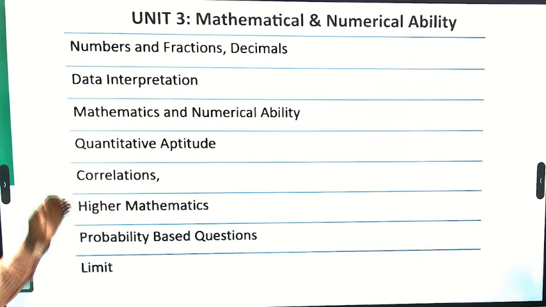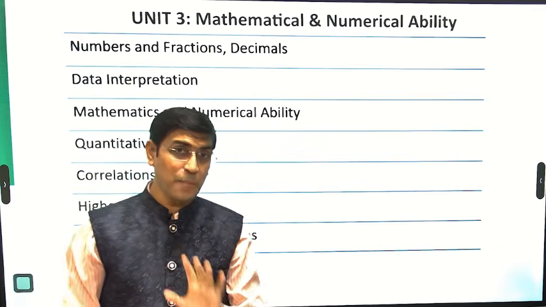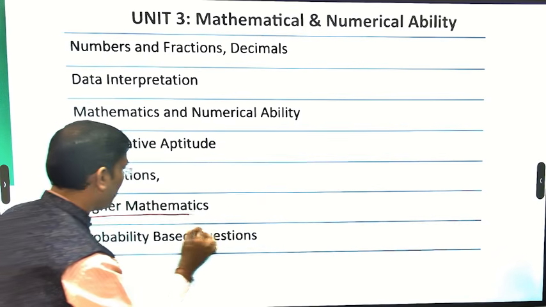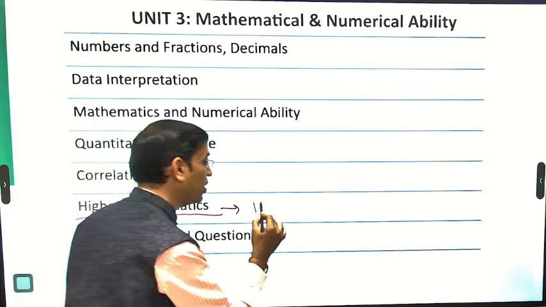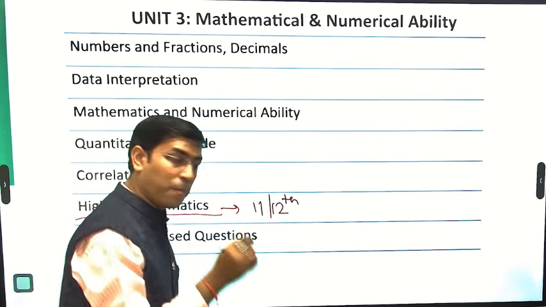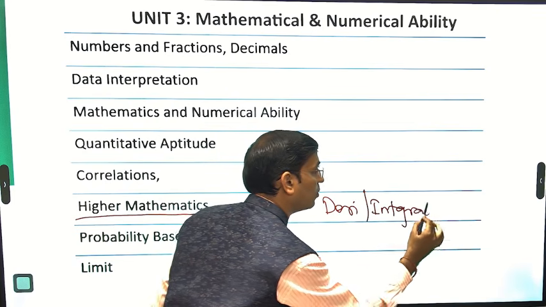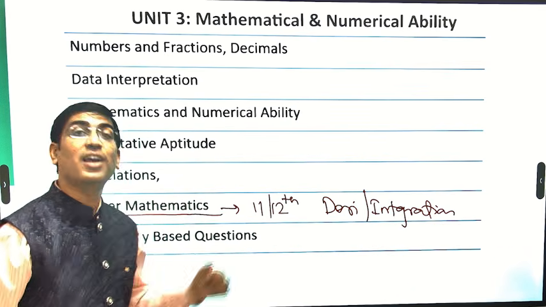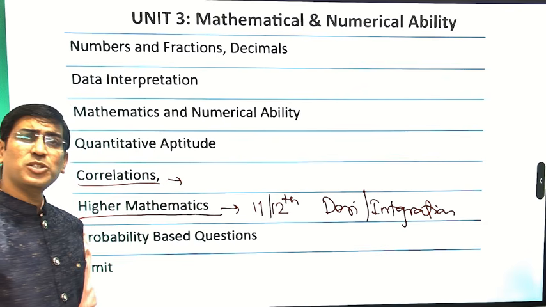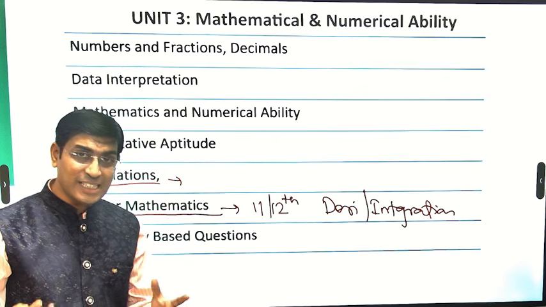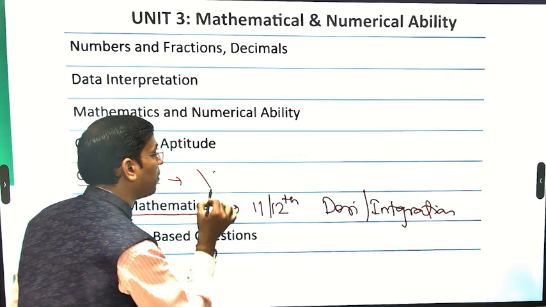Let's move on to the third point, third unit. Again in every unit 15 questions. So mathematics. This is one of the key points because here higher mathematics could play a key role. So those who have had higher mathematics during their 11th or 12th, probably it is again on the point of derivation and integration. So some of these things are there that could be a critical, complicated thing we could say. Even correlations. Correlations could be specifically with concern to different types of tests, different types of correlation from dependency related to the variables.